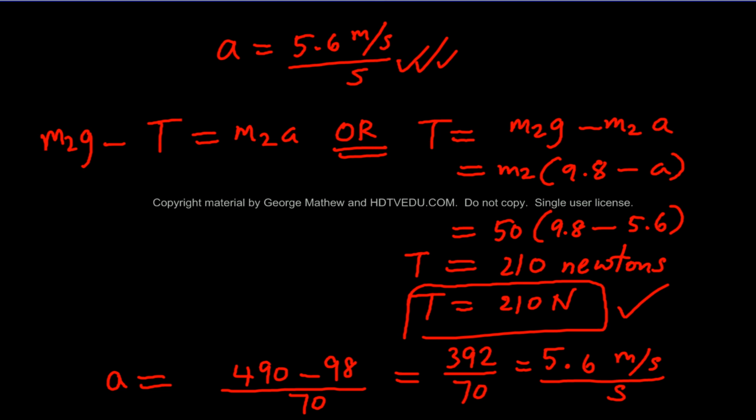substitute back into equation number 2. Remember that mass M2 is accelerating down, so gravitational force is greater than tension. So you say M2G minus T equals M2A, or T equals M2G minus M2A, or M2 times, M2 is common, times G minus A. G is 9.8, A is 5.6, so you get T is equal to